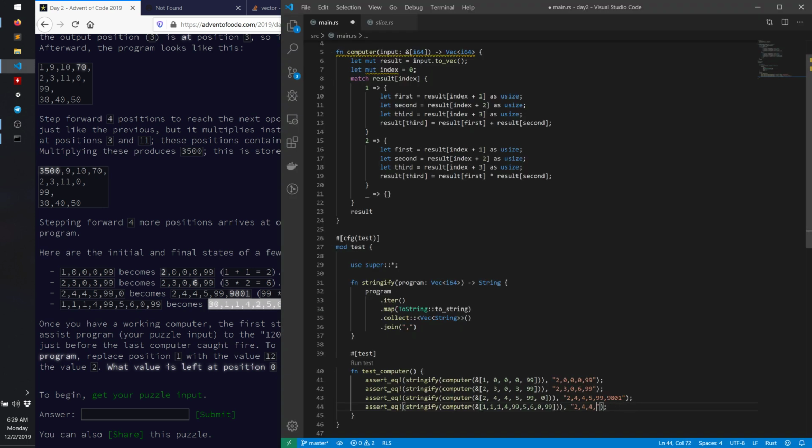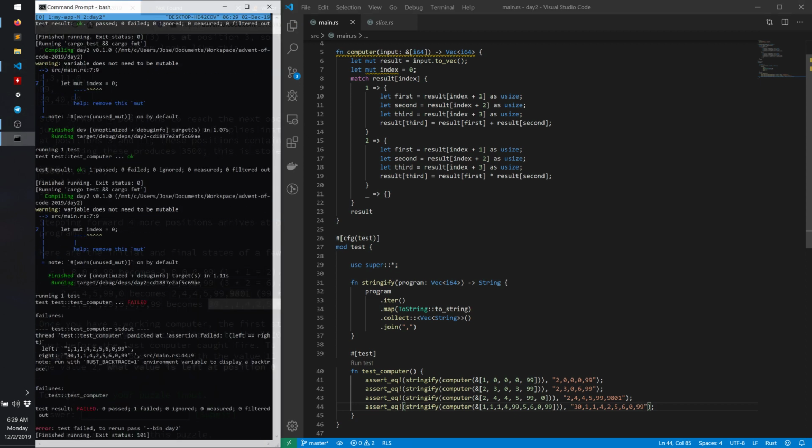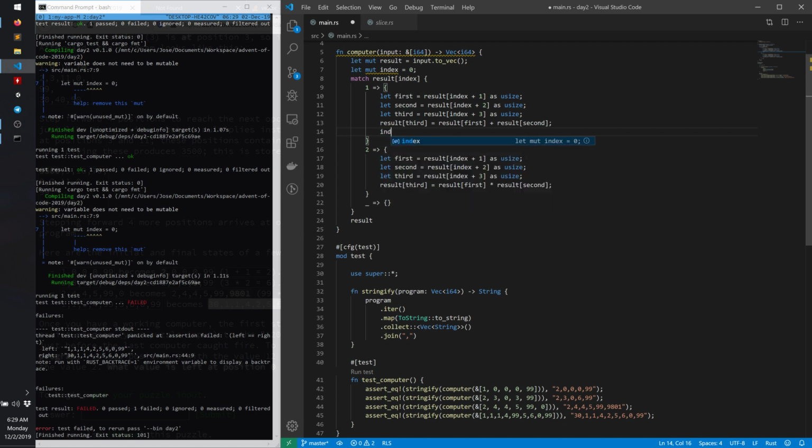It's funny that I'm not reading the 99, but I should. Okay, this one is not working. And it's not working because I'm not reading the 99, as I was saying. So what we will do is index